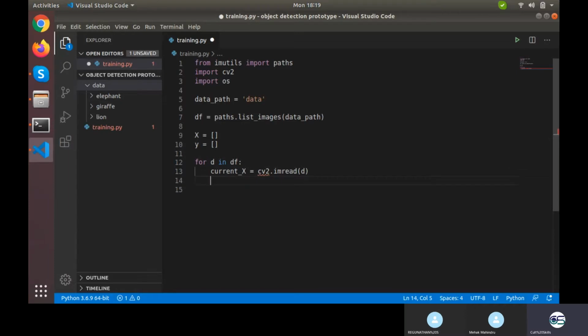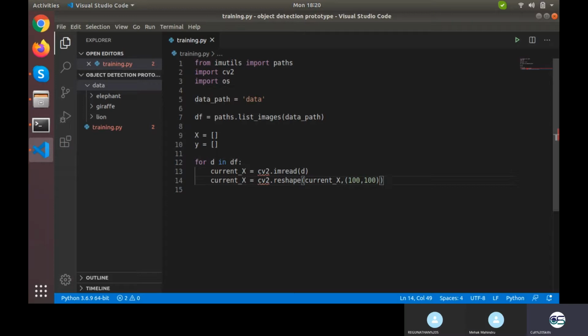Once done, I want to reshape that to my particular size. So current x is overwritten by cv2.reshape of current x, with the shape we want to reshape to, suppose 100 by 100. Till this point everything is clear?